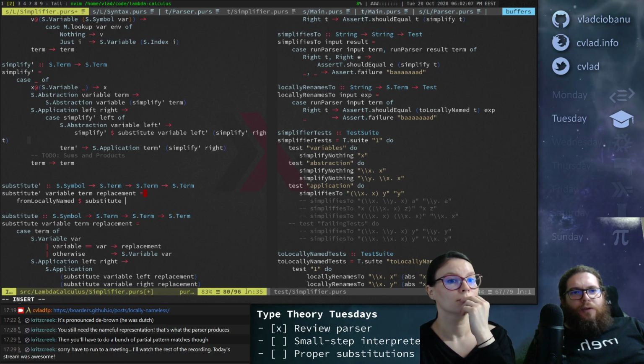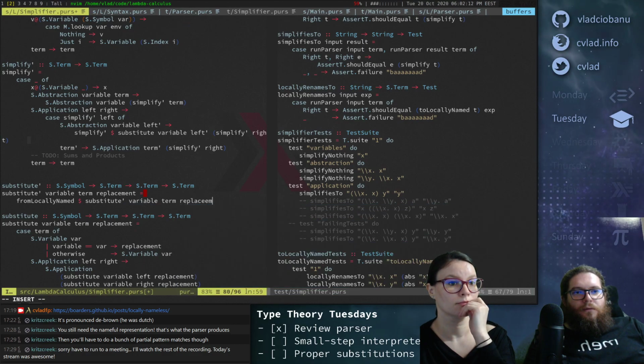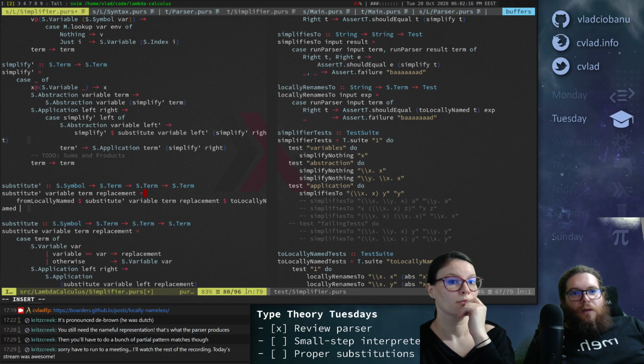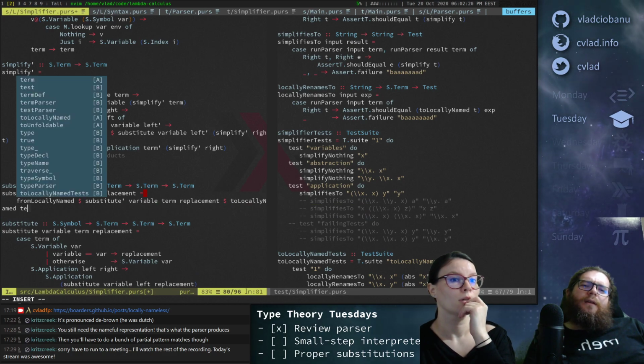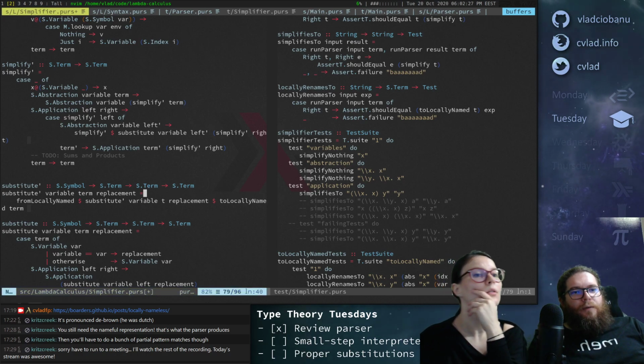Well, wait. It should be the other way around. Locally named. What do we want to locally name? The term, right? Okay, let me do something else.